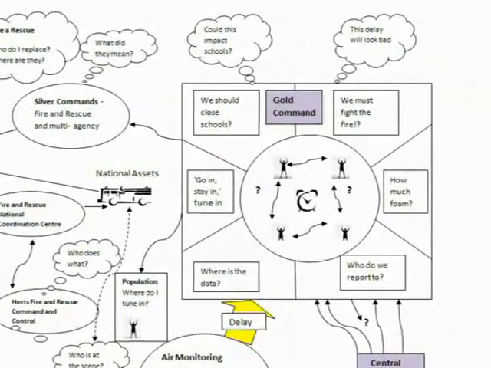some of the issues within Goal Command are represented. Due to the nature of the Buncefield Fire, initially as could be expected, decisions at Goal Command were hindered by lack of information. This led naturally to indecision. Air monitoring arrangements were found to be confusing, and information was misinterpreted when it did arrive. When the decision was made to extinguish the fire, it was based partly on misunderstood information and due in part to the perceived negative image of the fire service not tackling the blaze in the media spotlight.